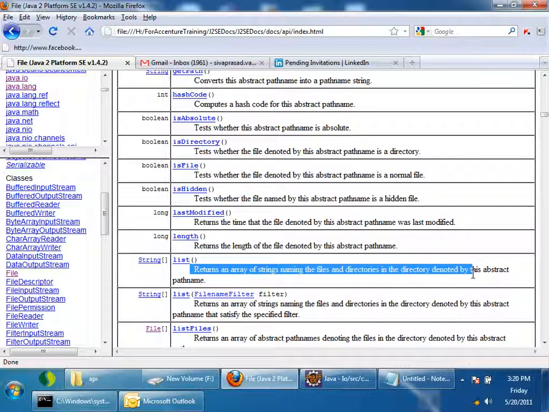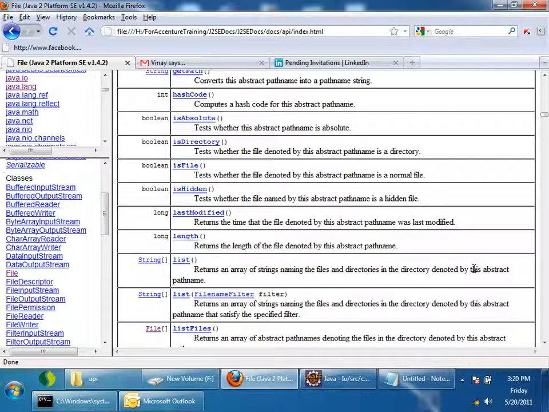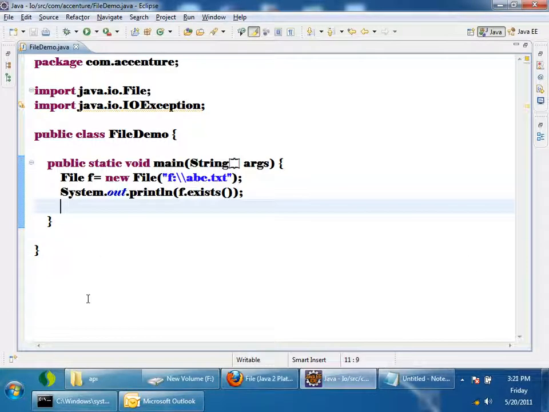So if your path is pointing to a directory, it will list all the files present inside this directory. Now what I want to do is give new File, and I just want to point to F drive. I want to print all the file names present inside this directory. I am just giving a hint.